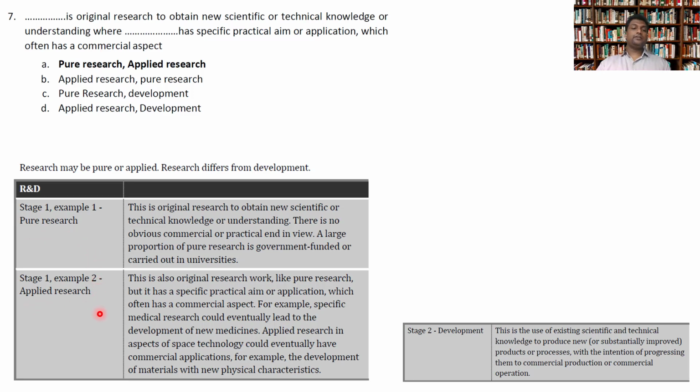And then comes applied research. Applied research is mostly done by private organizations, commercial organizations, because this research will help them to come up with new products and services, so that this knowledge can be used for commercial purposes. So this will help the organization to capture new markets and get a competitive advantage over other organizations. So if a private organization is investing in research, they are looking at a financial return from the new knowledge.